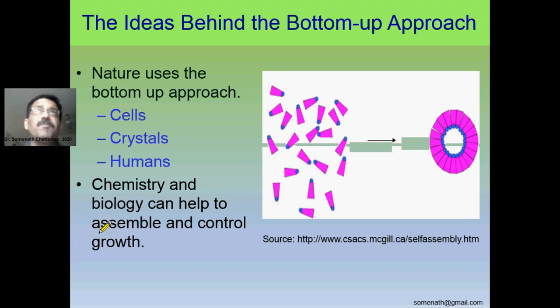If you see the seed, from the seed the trees are basically coming out. So from the zygote, or after fertilization, from the zygote to the total body formation or total tree formation, the plant or human or animal, that is a self assembled technique. So, the bottom up approach.